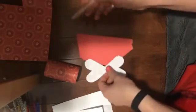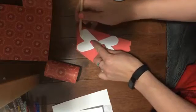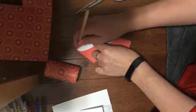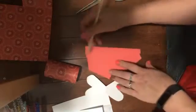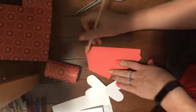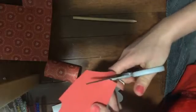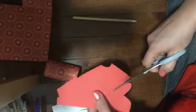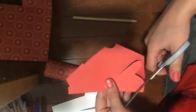I think I'm going to add some red heart paper. So I'm going to kind of trace this heart wing, but then I'm going to draw a smaller heart inside of that, like this. And I'm going to cut out two hearts like that so that they fit inside of my heart wings. So I'll cut this one out first, then I'll trace another one to go inside of it. So I've got that one,